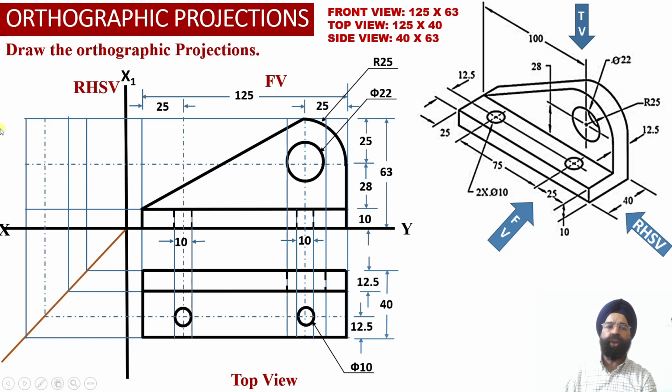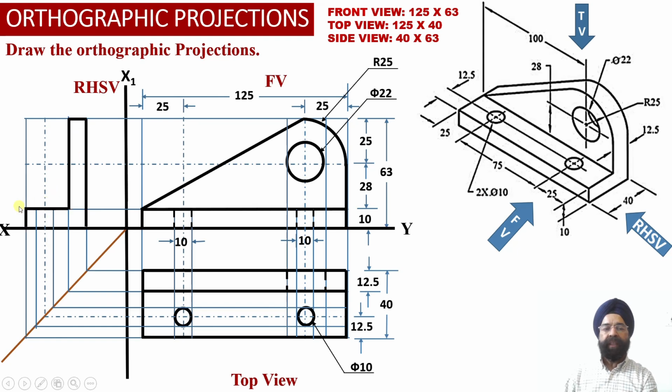Now let us focus on the right hand side view projections corresponding to this object. As the observer is going to look at this object from the right hand side, we know that one rectangular projection corresponding to the horizontal web will be visible to the observer. One rectangular projection corresponding to the vertical portion of the web will also be visible to the observer from the right hand side. So now we can see that we are going to obtain one horizontal rectangular projection over here